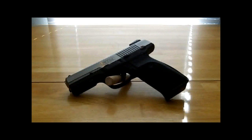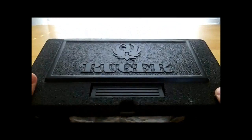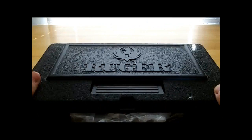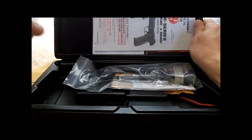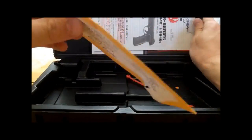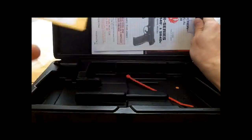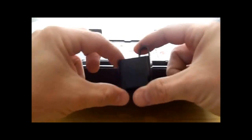The extra goodies it comes with, I mean, let me just pull up the full box. What you get when you get one of these, you get this nice, typical hard plastic Ruger box, which they have on all of them except for their little LCPs and LC9s, which they cheap shotted with cardboard. You got your manual, oil-soaked baggie, a nice padlock for your tool shed, spent magazine casing so that they have proof that they have your gun on file and they can track you down if you do anything naughty, and this lovely little mag